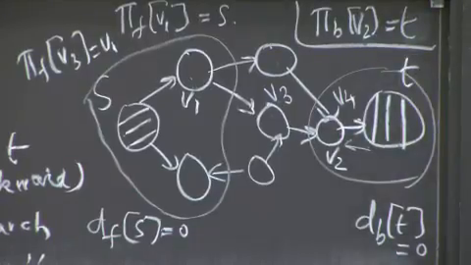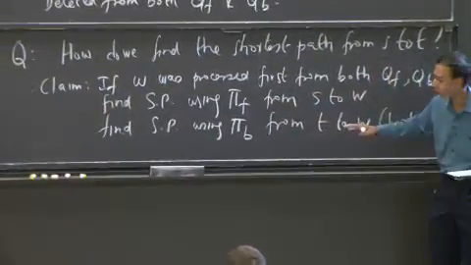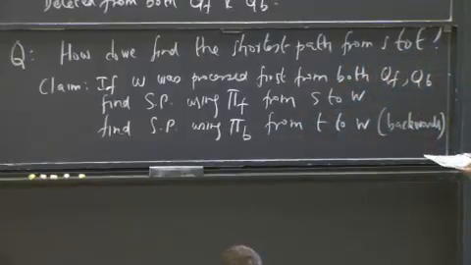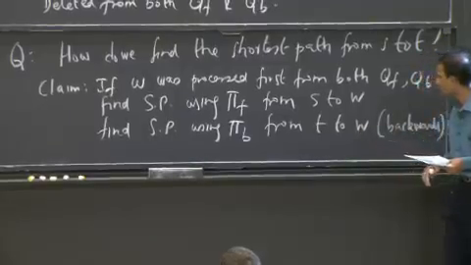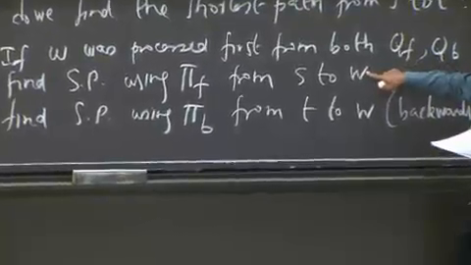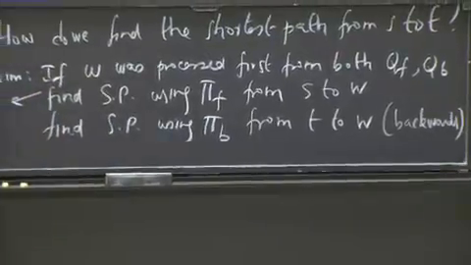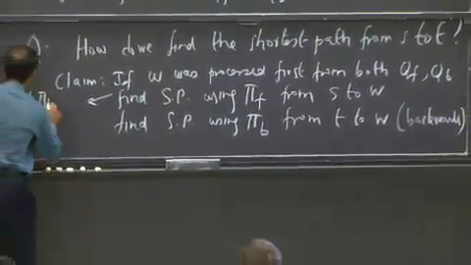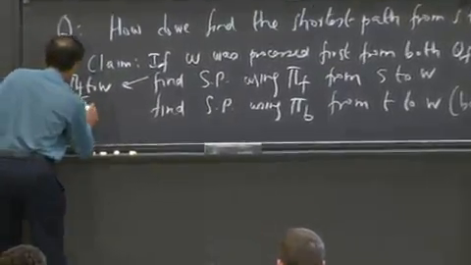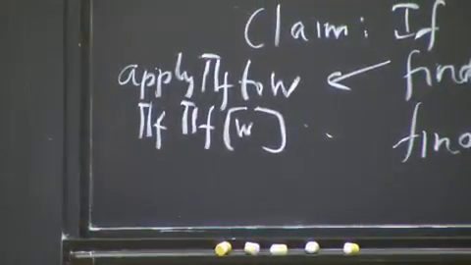What I wrote here, and so let's talk about what happens here. We know what happens in the forward search, and you've done that before. In the backward search, what happens is that I need to start according to this condition. Just like in the forward search, I found a W, and I continually applied pi f to W. So this is apply pi f to W, and then do pi f of that, and so on and so forth. And that's what you do in order to construct the shortest path.